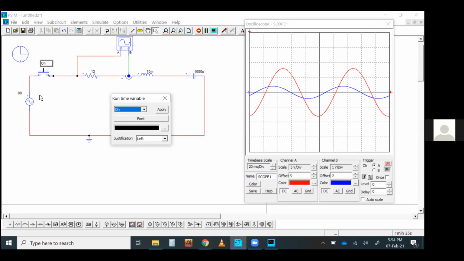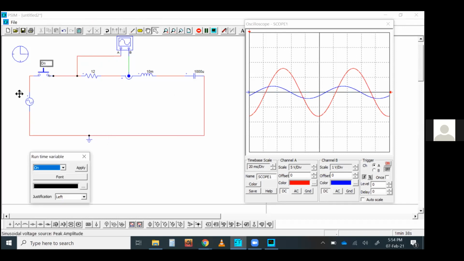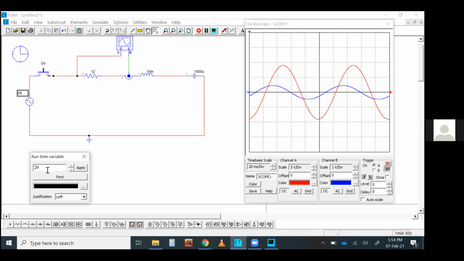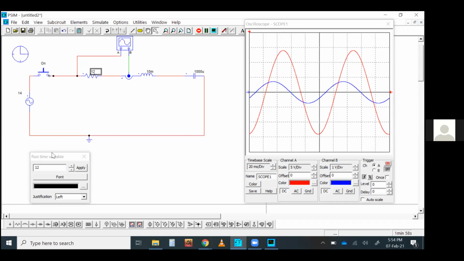Fine. Now, say for example, I want to change the supply voltage. What is the consequence? You can see I'm simply using the up and down arrows of my keyboard to change the supply voltage, and it's changing accordingly. Very fine. Now I change the resistance, the same way. Let's see what it does. If I change the resistance, the circuit becomes more resistive in nature. So the current is becoming more resistive, like the phase difference between the voltage and current is decreasing.